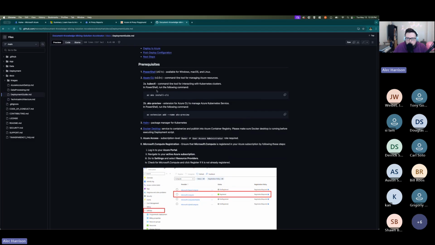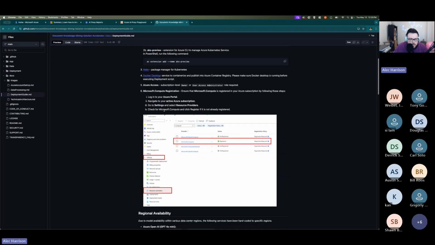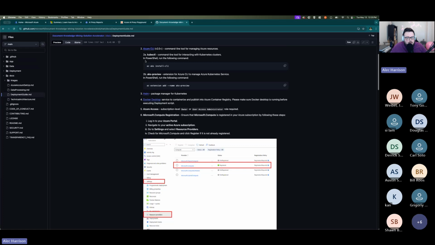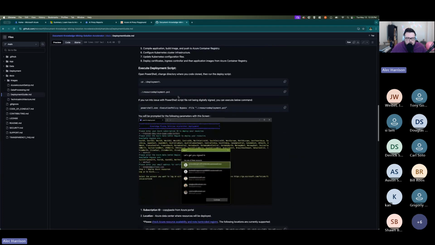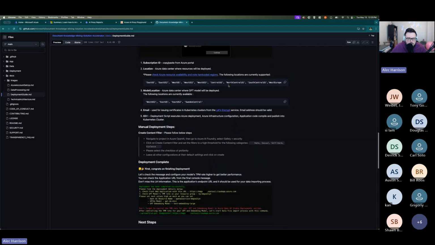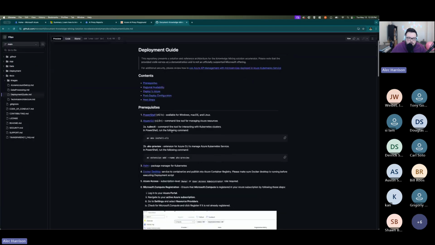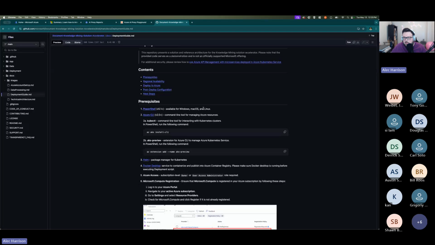I kind of skipped this one, so I didn't actually deploy this one because I ran into that. And then once you get past that, all of the deployment stuff is written assuming you're on a PC with PowerShell. So that also kind of was a bummer considering their code space opens up in a Linux workspace and then all of the other scripts are requiring you to use PowerShell. Yeah, I know it says PowerShell is available on Linux, but I don't want to put that on my Mac.